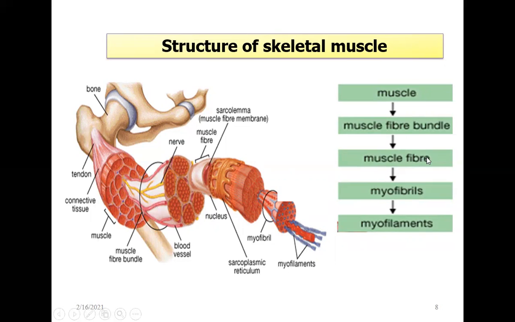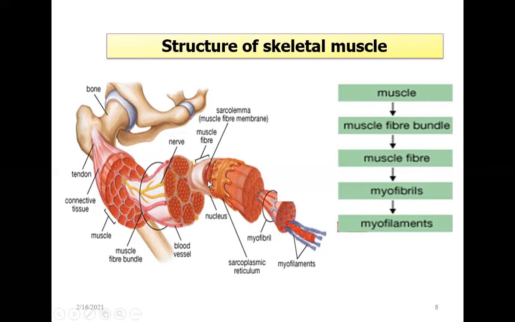So this muscle bundle is made up of many muscle fibers. These are all the muscle fibers. Muscle fiber, as I said, is nothing but the muscle cell. So multiple muscle cells together are called the muscle bundle. Each muscle cell is called a muscle fiber here. There are multiple muscle fibers here, and this one muscle fiber has been extended so that you can appreciate how it looks.